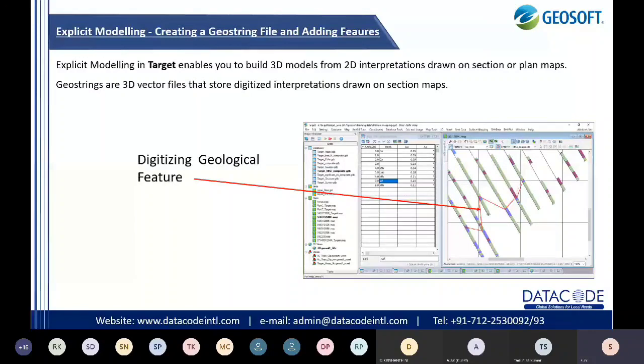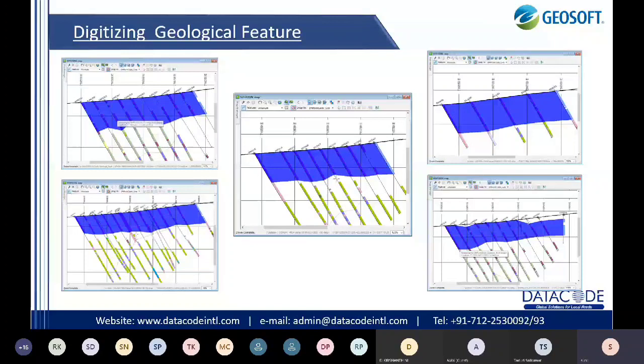We are using a geostring file, so we can digitize a geological feature, like you can see the polyline. Accordingly we need to create a polygon along which we are hoping to get the best formation. Maybe the deposit is disseminated, maybe stratified, maybe pockets and lenses. So accordingly we need to do the correlation in a digital way. On that basis we can create a 3D geological model. So this is digitizing the geological feature. Here the blue color shows the digitized overburden for individual cross sections.